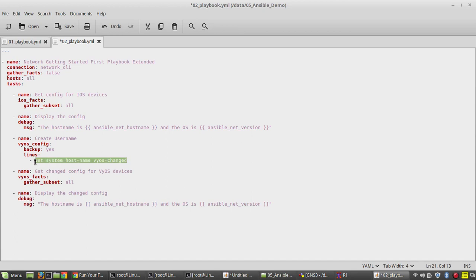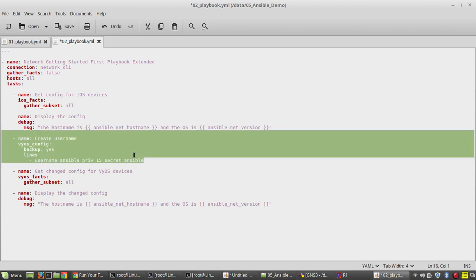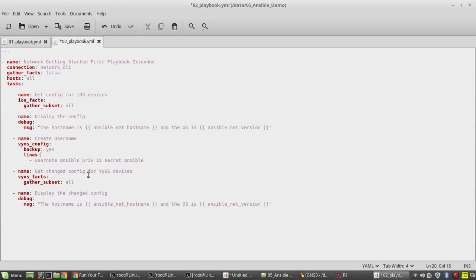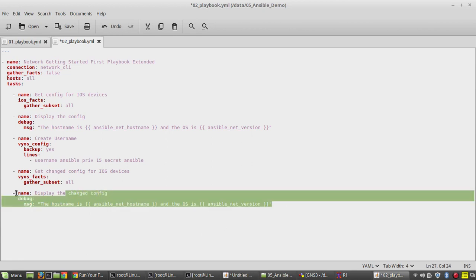So I'll give the configuration command here, username Ansible, privilege 15, secret Ansible. So what this does, it will create a user with the username and password as Ansible. Then we'll show the changed configuration.